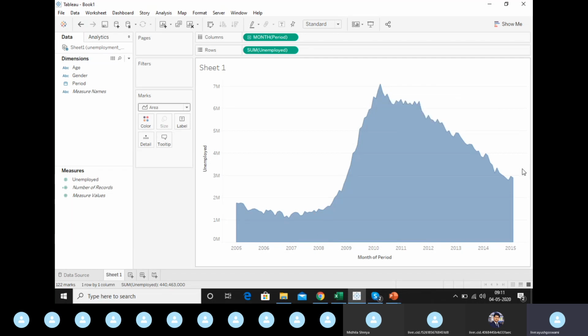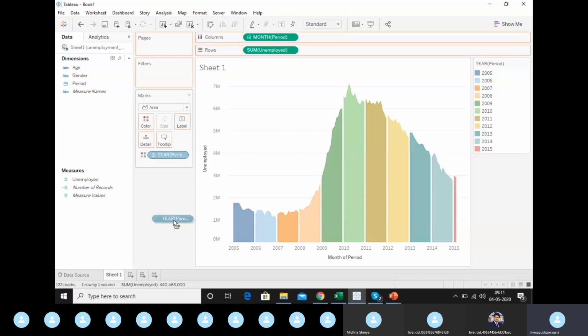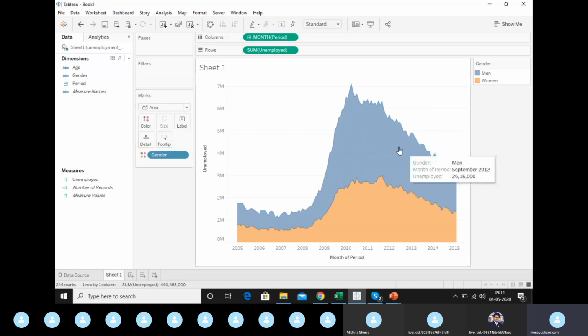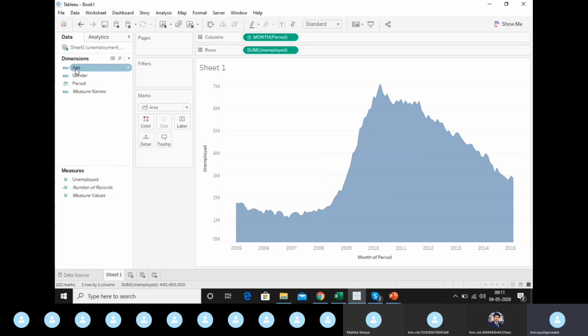But the utility of this comes into the picture when you drop, let's suppose, period into color. Or if you select gender and plot it into color, it will split the area chart into two areas, one for each gender. Similarly, we can do this for age also.